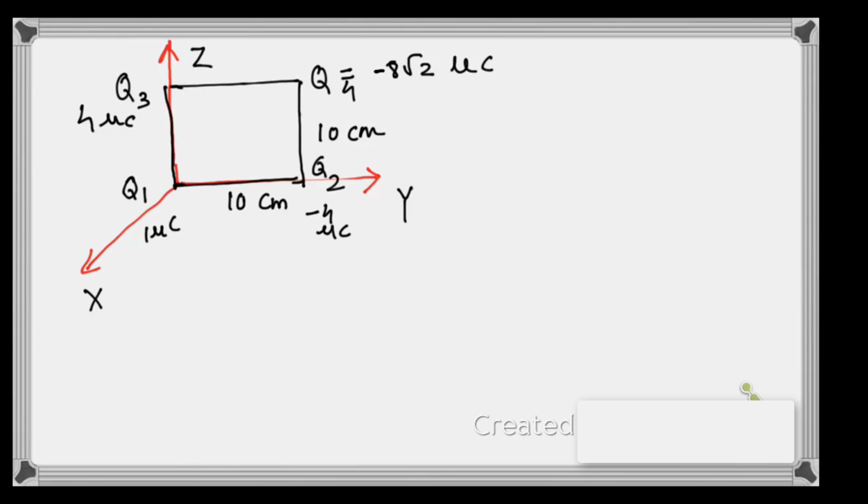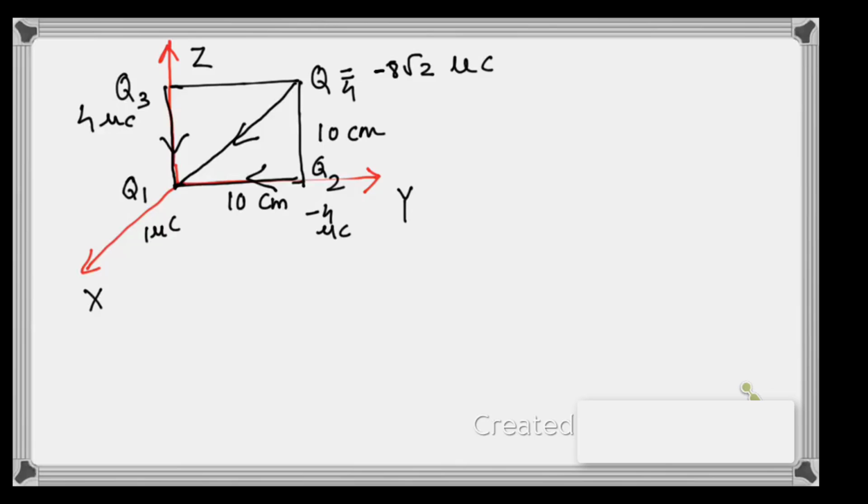So in the example they have asked to find the force experienced by q1 because of all other charges. For this we have to join the distance vectors towards q1. From q3 to q1, this is the distance vector in this direction. From q2 to q1, the distance vector will be in this direction, and from q4 to q1 we can join this directly by a line joining q4 and q1.